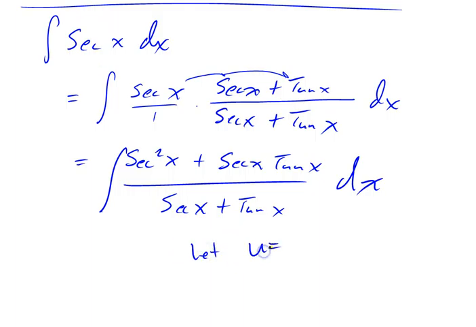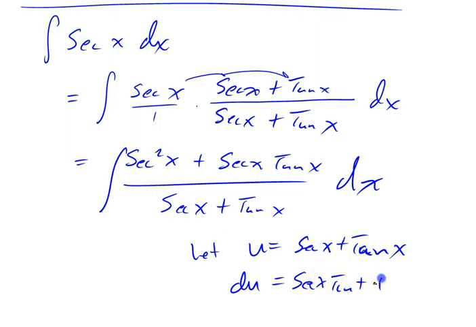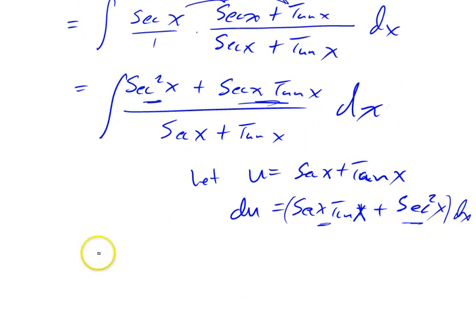Let u equal the denominator, secant x plus tan x. What's du? Well, the derivative of secant x is secant x tan x plus the derivative of tangent x, which is secant squared x. Look at the numerator. Secant squared x plus secant x tangent x, and this should be all times dx. The numerator is exactly the du you need for u equal this denominator. So this becomes the integral of 1 over u du,